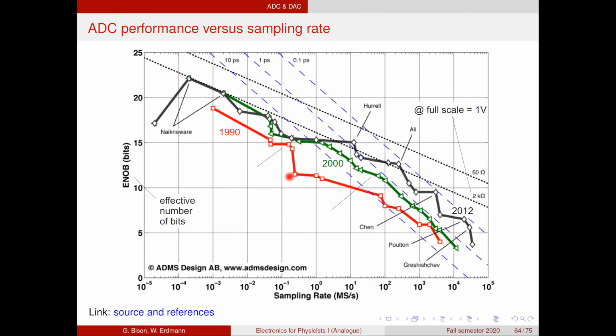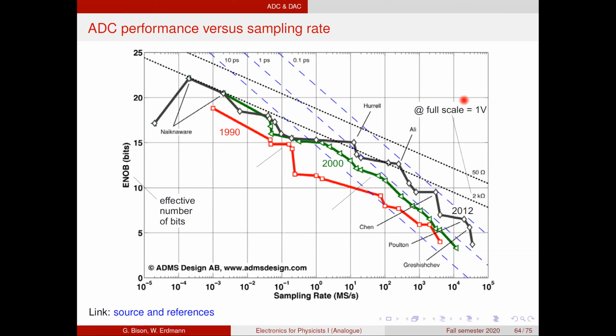You can parameterize the performance of all the ADCs with the slope, or where this slope is. And what's drawn here as a comparison is the noise in a 2 kilo ohm resistor. So the noise that we get nowadays is basically the same that you would get in a 2 kilo ohm resistor with a signal that is full scale of 1 volt. You can get a bit better than that,